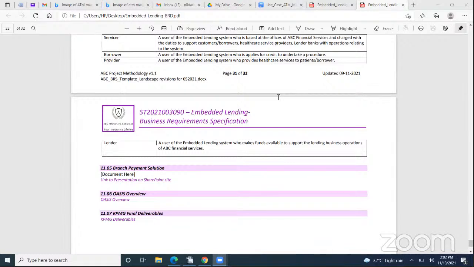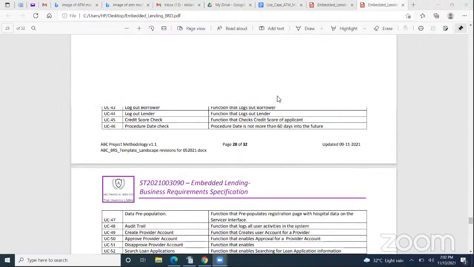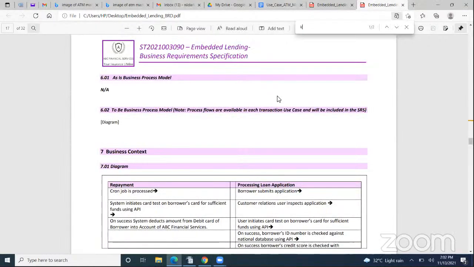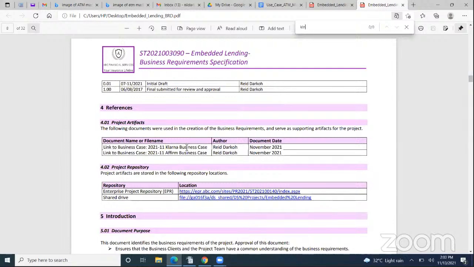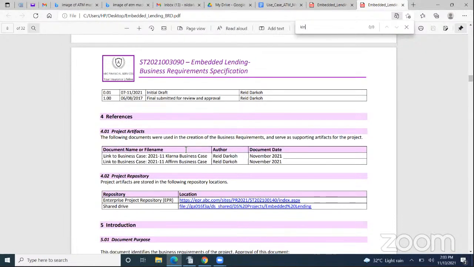No, it's not part of the document. I was actually referring to research I did on Klarna and Affirm. Can you lead us to that page? Yes, this particular page. So you said it's research you did, personal research?